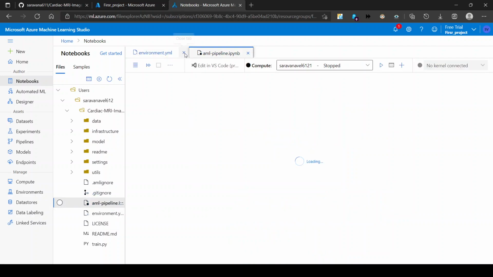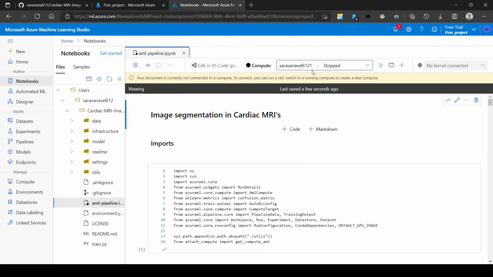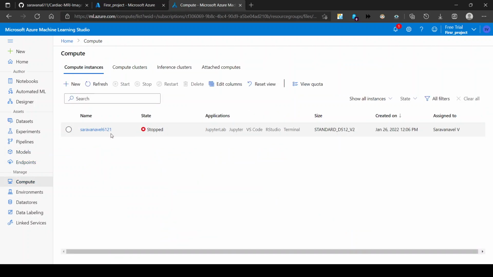So you can go to the aml.pipeline Jupyter notebook file, which you open. So this is the Jupyter notebook file. Before that, to run this notebook, I need to turn on the compute. So I'm going to compute, which is currently stopped. So I'm going to start this,